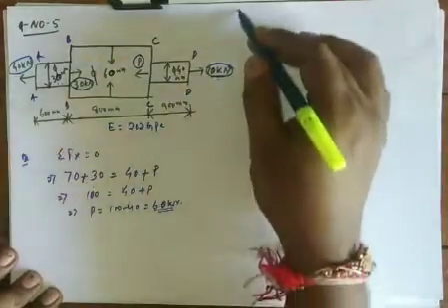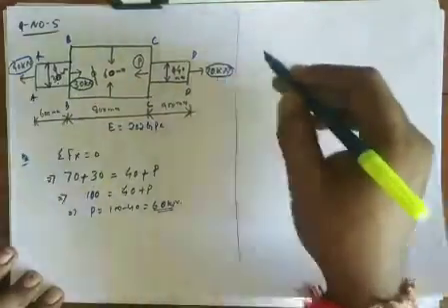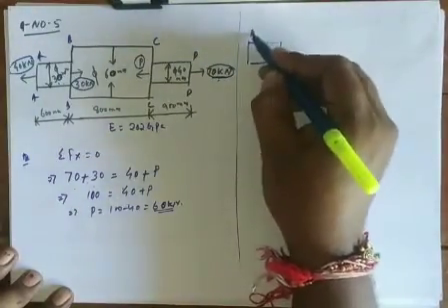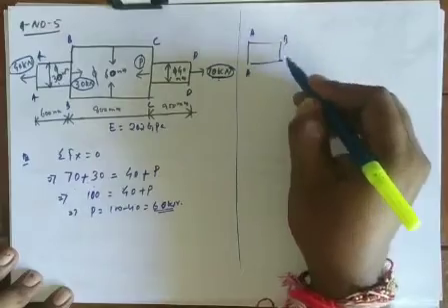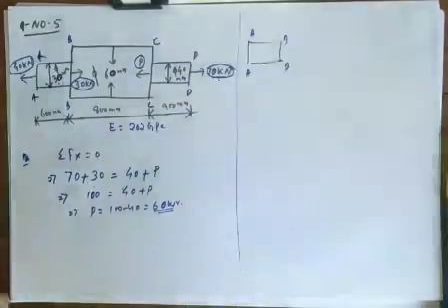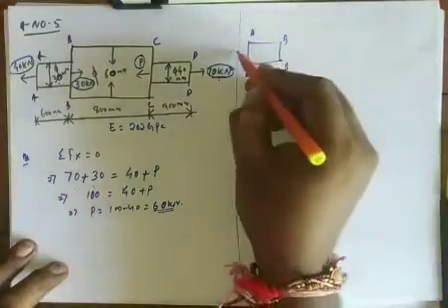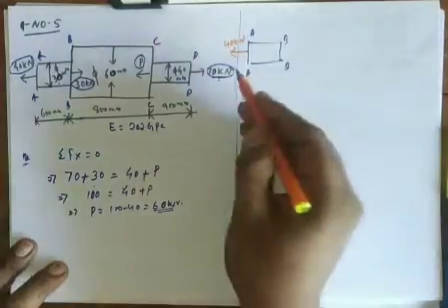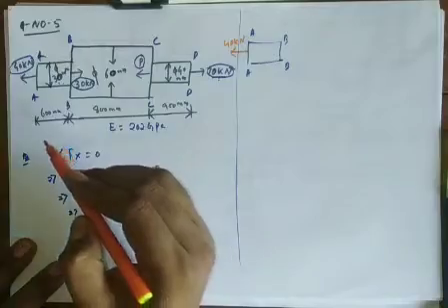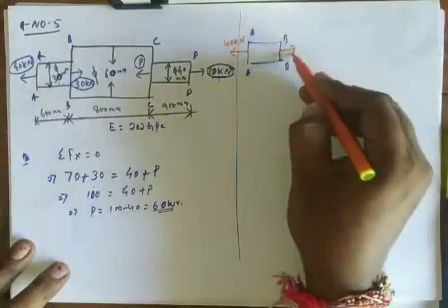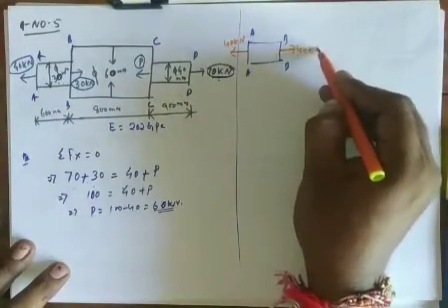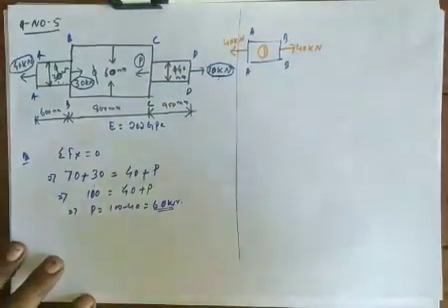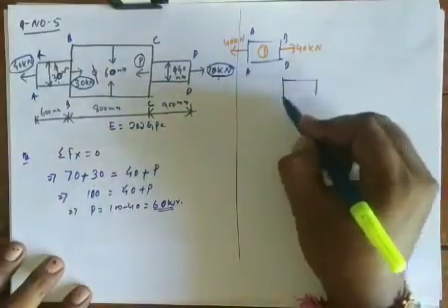So E is given, but now we need to calculate del L. Before that we have to draw the free body diagram. This is the free body diagram of the first section, that is AA and BB. In section AA, there is a constant force of 40 kilonewton acting on the left hand side. So in the equilibrium condition there must be 40 kilonewton on the right hand side, because the section is in equilibrium.